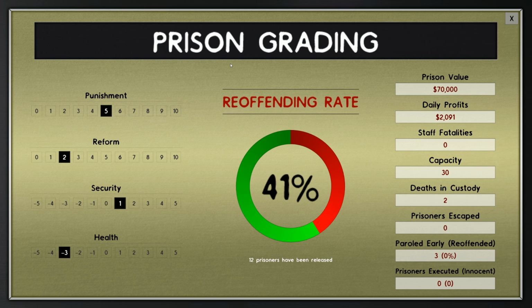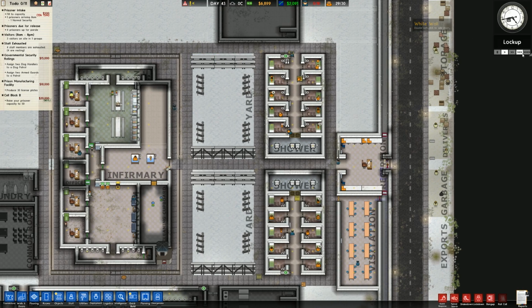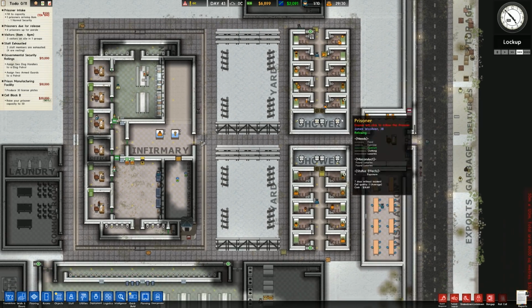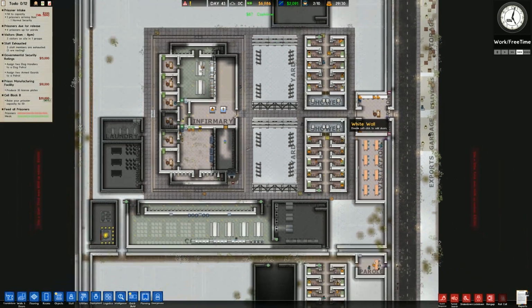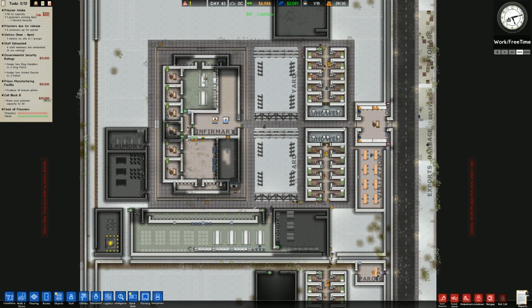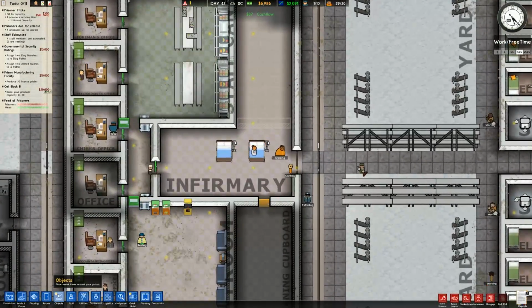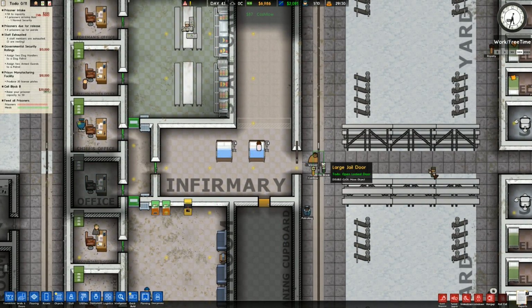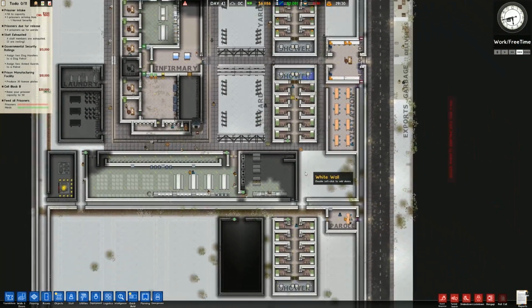Security is higher than I would have thought with the amount of people that we have. Health is about where I expected it to be with the amount of drugs in the facility. No staff fatalities. 2 deaths in custody, that was the overdoses. No escapes, and 3 have been paroled early with 0% reoffending. That's the one that we really wanted to focus on. So we know that basically we're doing all right, but the problem is we just don't have the reform. We need to get some reform programs